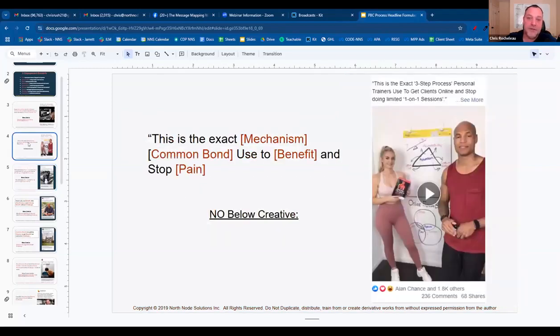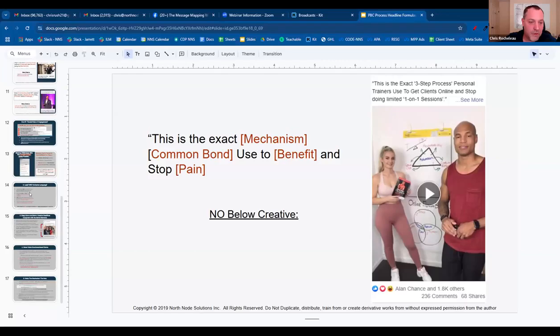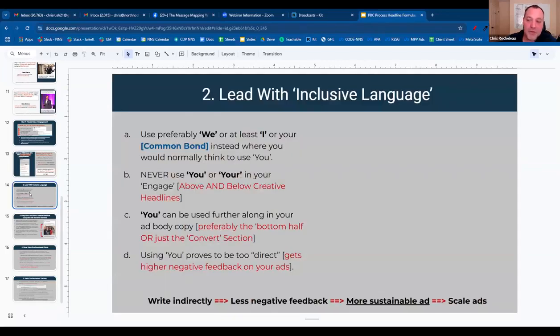Same thing here. Are you a personal trainer who hates doing one-on-one sessions? You may still get the same click rate, but at volume, you're going to get a lot more negative feedback. And you're going to get a lot more resistance from those who read that direct language, and your conversion rates will not be as high because they're already suspect of you. They're already skeptical of you because you sound like an ad. Okay. So what is our second social rule of engagement? Stephen, some of these headlines don't have all the 3 of the PBC.